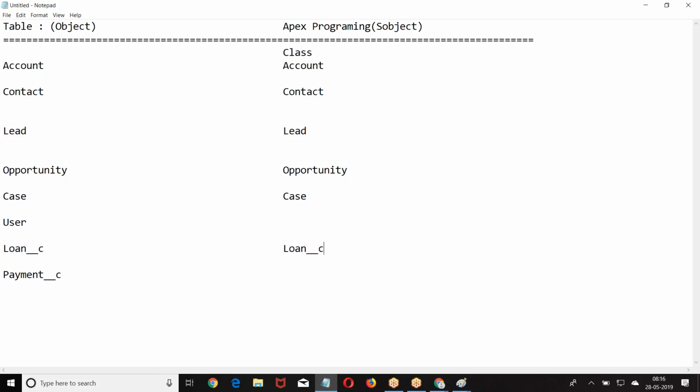Every table in the administration we have created, or Salesforce has created, has an equivalent Apex class in programming.